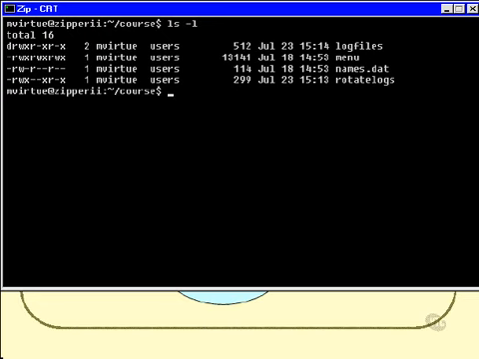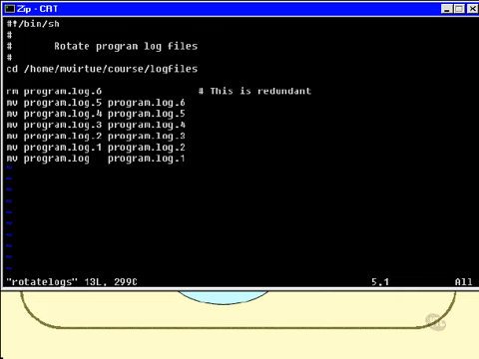To have a look at it, I type in vi rotate logs, and here we are. Now, all these lines here that begin with a hash, I'll come back and tell you at a later time what those hash lines mean, but I'm going to ignore them just for the moment and say that the first actual command in this file is this one, cd into the following directory, into my home directory, into the course